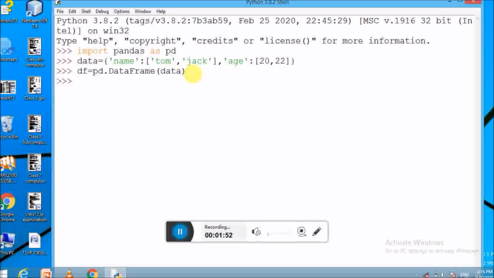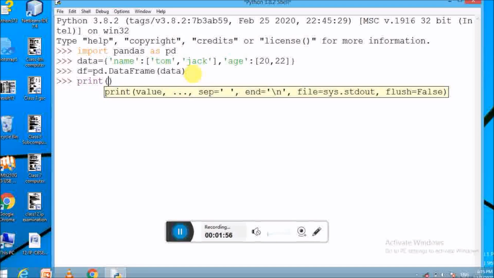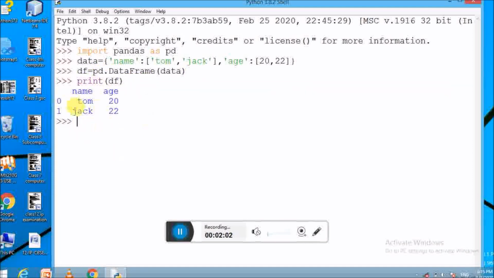Press enter to see whether it is created. Inside the print function pass the variable df and press enter. Here you can see that the keys are converted into column names, and the indexing is by default 0 and 1 for the first and second values.